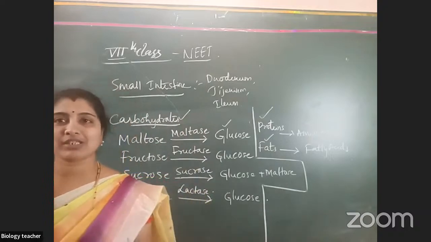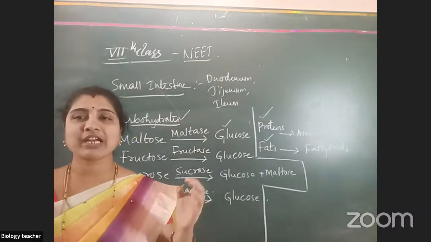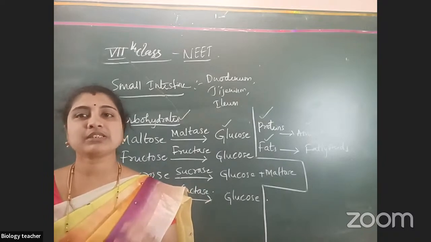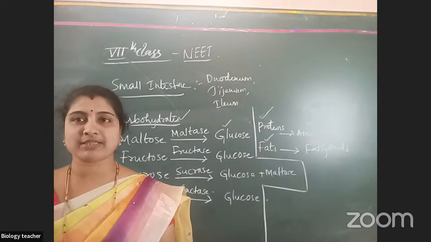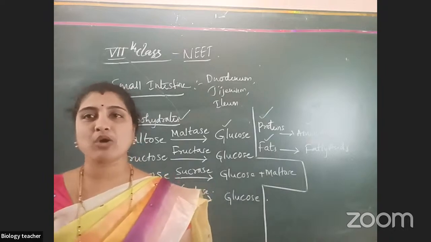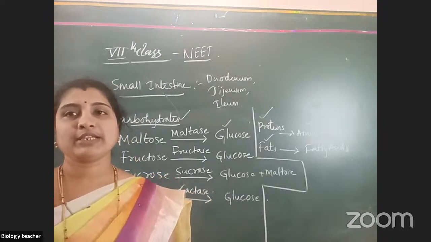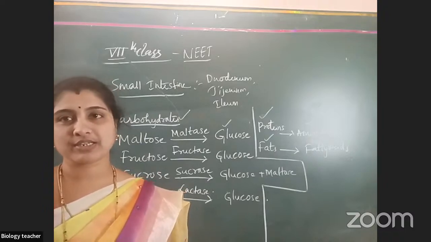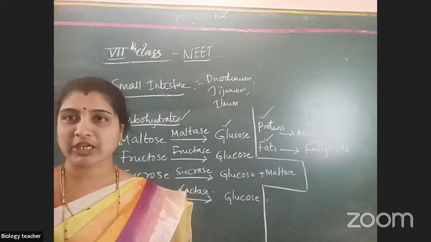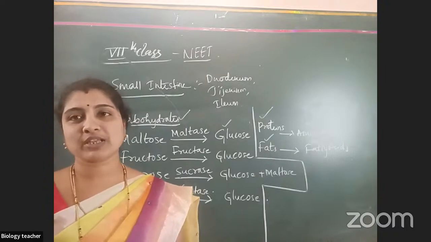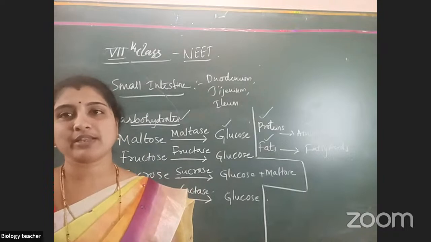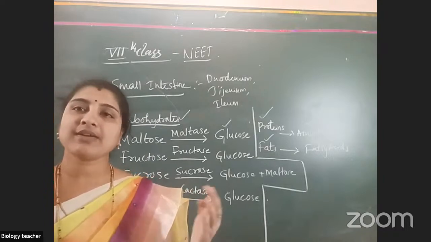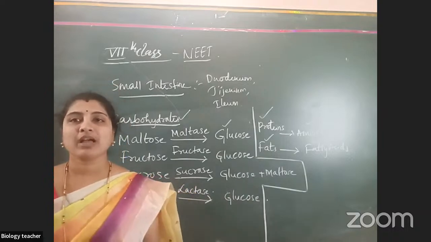They will ask you a question, giving you choices. Identify the parts in which digestion is taking place. They will give options. Mouth, esophagus, small intestine. One option. Mouth, small intestine, large intestine. Another option. None of the above. Next, the fourth option they will give: mouth, stomach, small intestine. So what is the answer here? Mouth, stomach, small intestine.